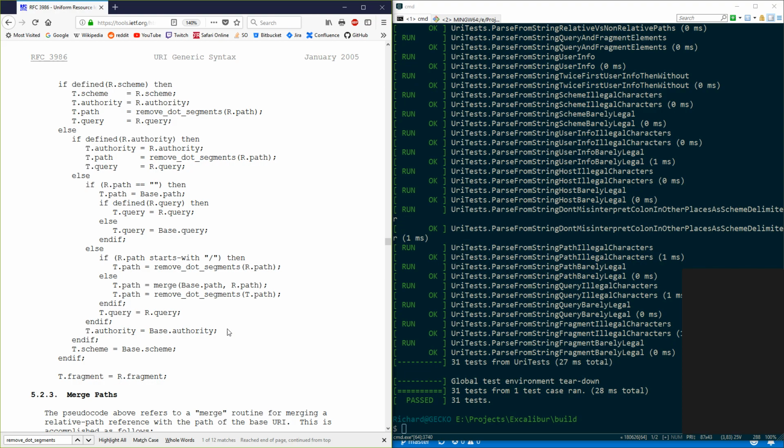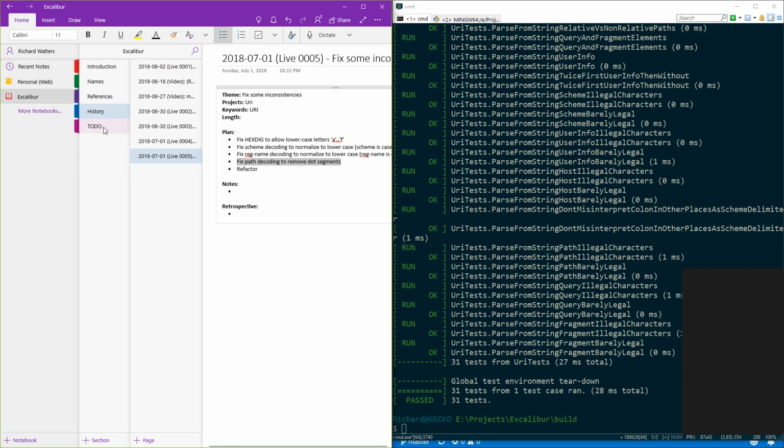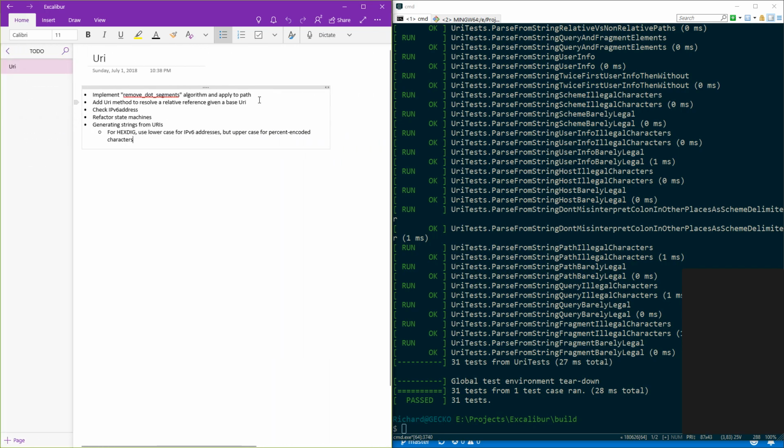So I thought we're probably going to want a method of URI that takes a base and applies the URI to the base in order to resolve it. A relative URI to be, I guess, what they call a target URI or a resolved URI. We'll do that some other time. But I took note of that, and under to do, I have listed that,